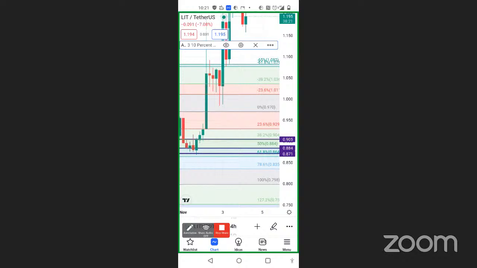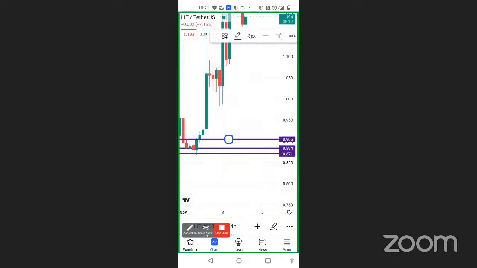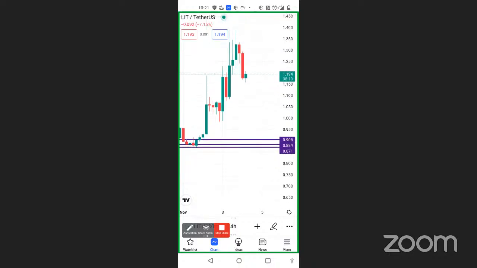These are the important areas, on an uptrend. Now what are you supposed to do? Let me leave these lines there. I want to talk about